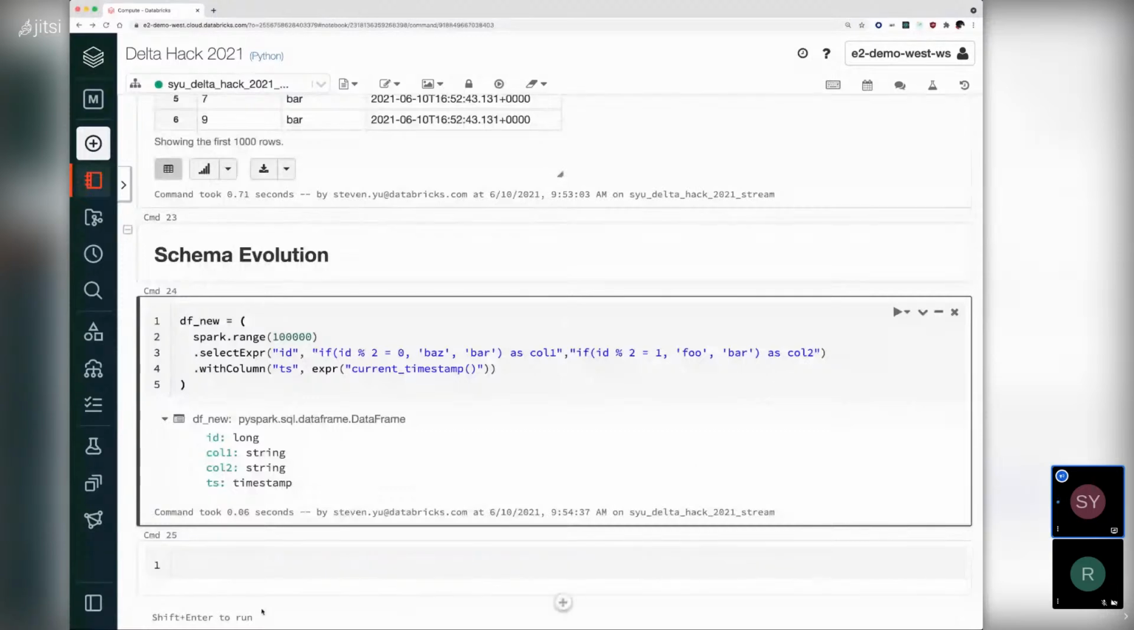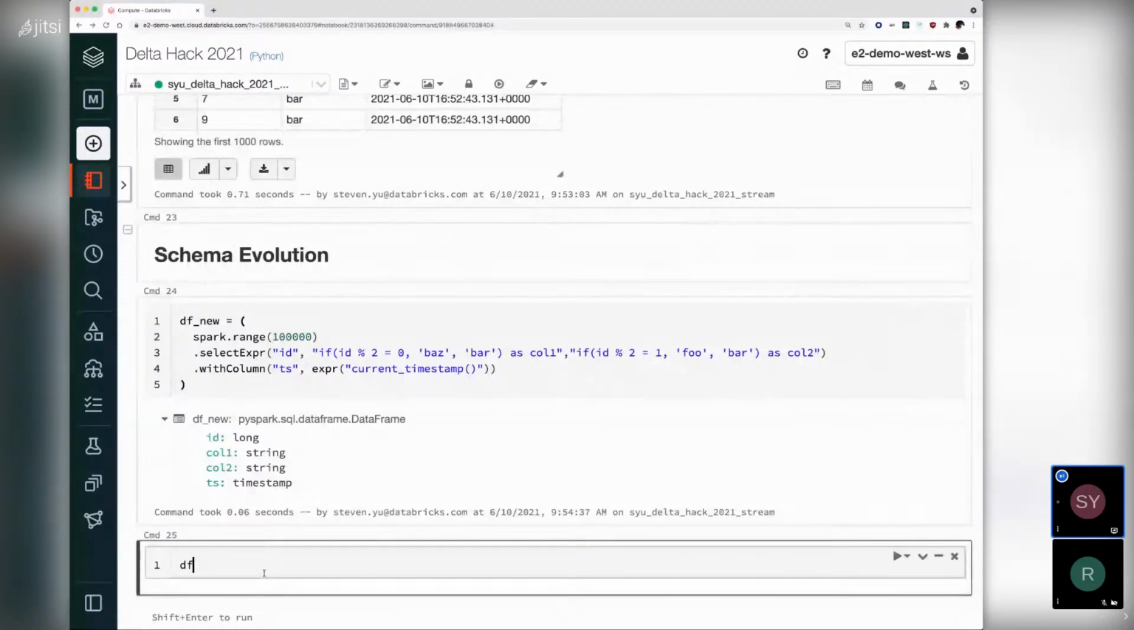We'll just go ahead and do dfnew.write.option merge schema. Now, what happens with Delta tables, if you don't specify merge schema, it will actually stop you and say, hey, the schema of this new data frame that you're trying to write to this table doesn't match, so you can't do this. But if you explicitly say that you want to evolve the schema or merge the schemas, you can go ahead and provide this option. So .mode, let's just say overwrite,